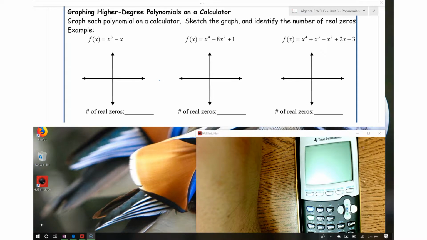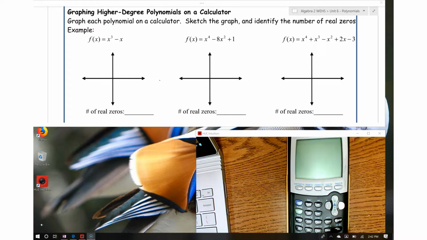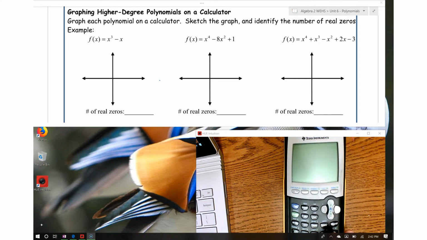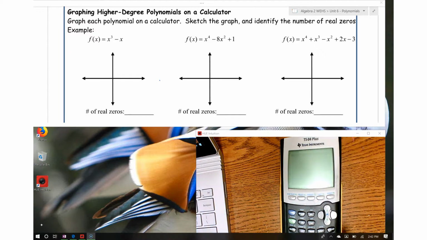What we're going to do today is work on graphing high-order polynomials on the calculator, and I do have the calculator right here. So we're going to input this into the calculator. You're going to press y equals. Well, actually, make sure it's on. Press y equals, and we're going to type in x to the power 3